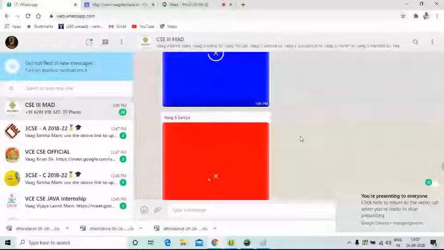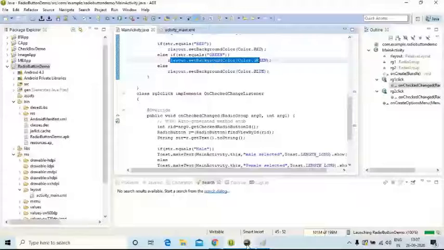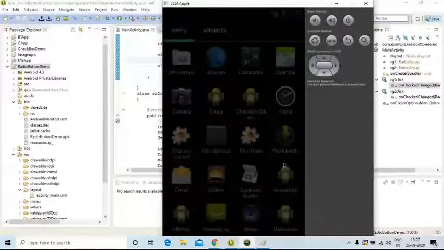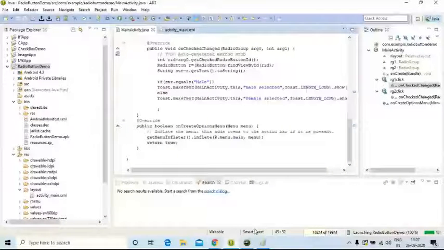In the meanwhile, you also work with the buttons, male and female also. Are you able to get the toast message completely, or is it disappearing after a few seconds? Is the toast message disappearing, or is it staying completely? Just check once. Can anybody check it, please? Let me know. You can unmute and say the answer.